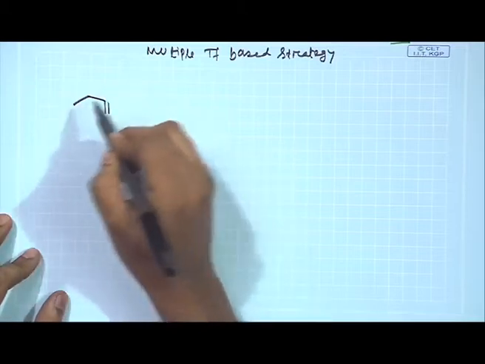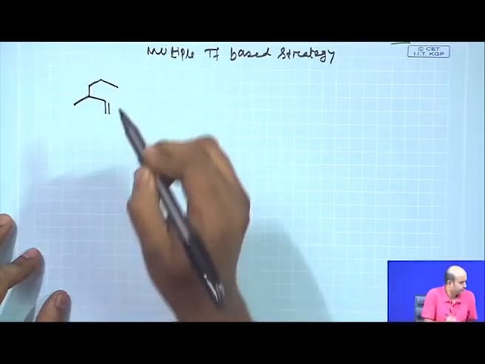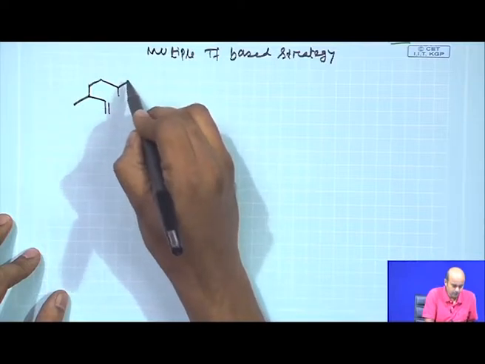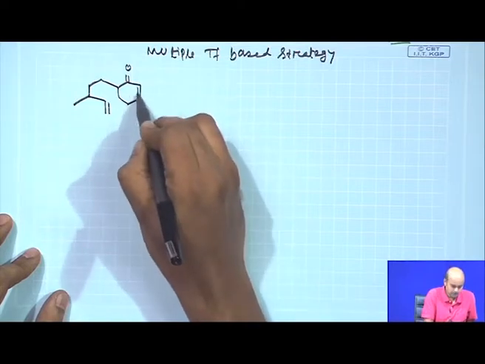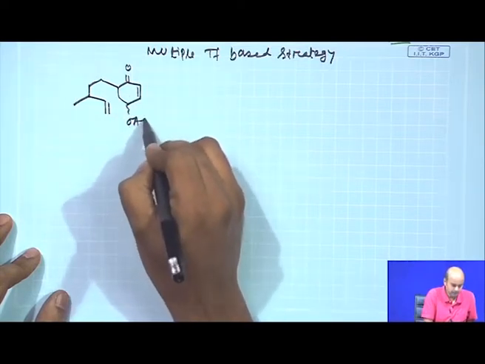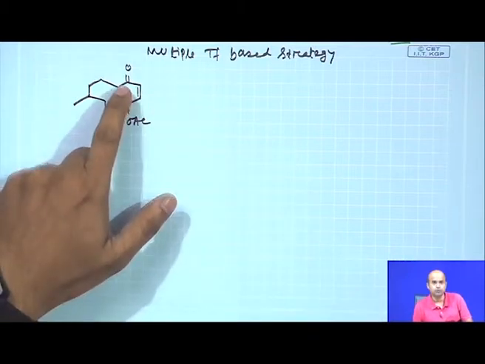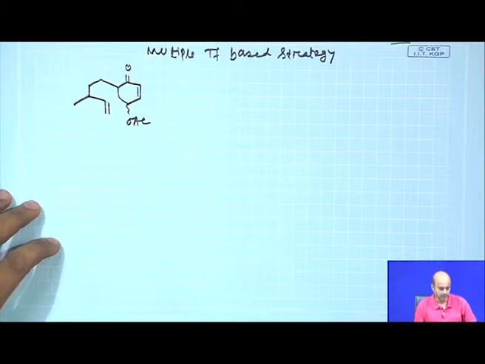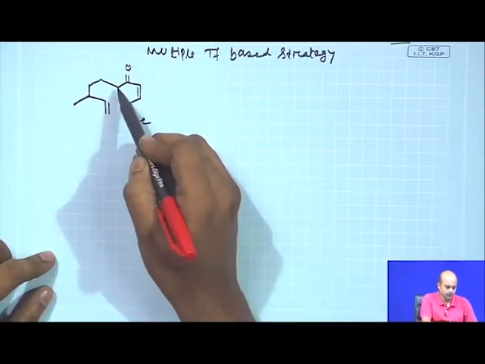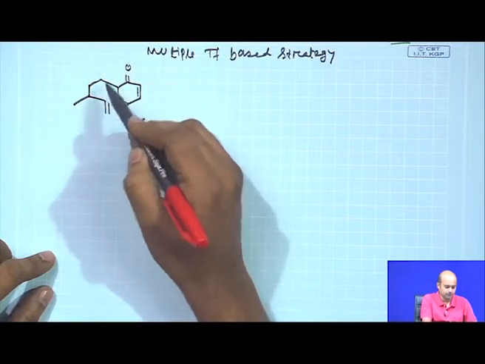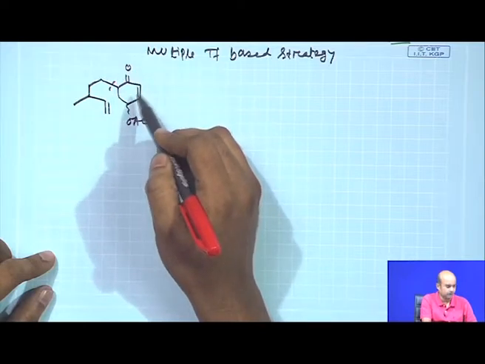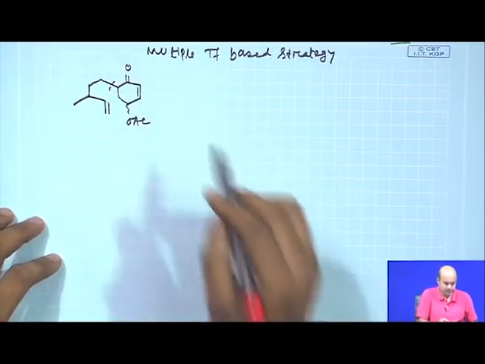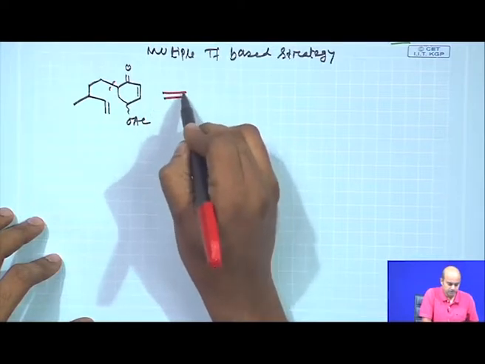So, first we will give you the target molecule which we are now going to access. The target molecule which I am now going to present, having a structure something like this, is basically a 6 member lactone, and this lactone has an alkyl appendage, and this is the core structure of a 6 member unsaturated lactone. And eventually, for this compound, we first draw the retro.